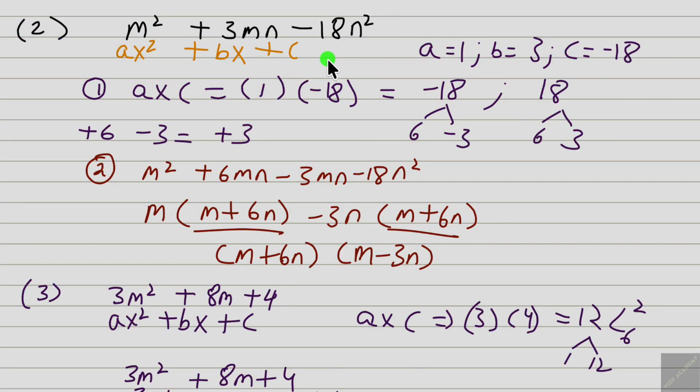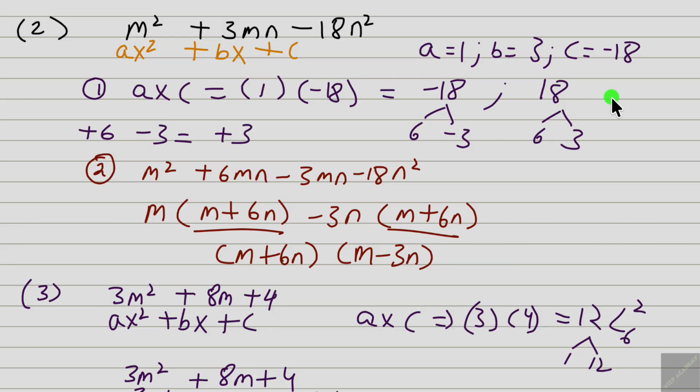In this one we have a negative c. So the question is m square plus 3mn minus 18n square. Now this is also in the form of ax square plus bx plus c. Here a is equal to 1, b is equal to 3, c is equal to negative 18. There are two ways to do it. Some students multiply negative 18 by 1 and solve for it. So it will be 6 times negative 3, that is equal to negative 18,